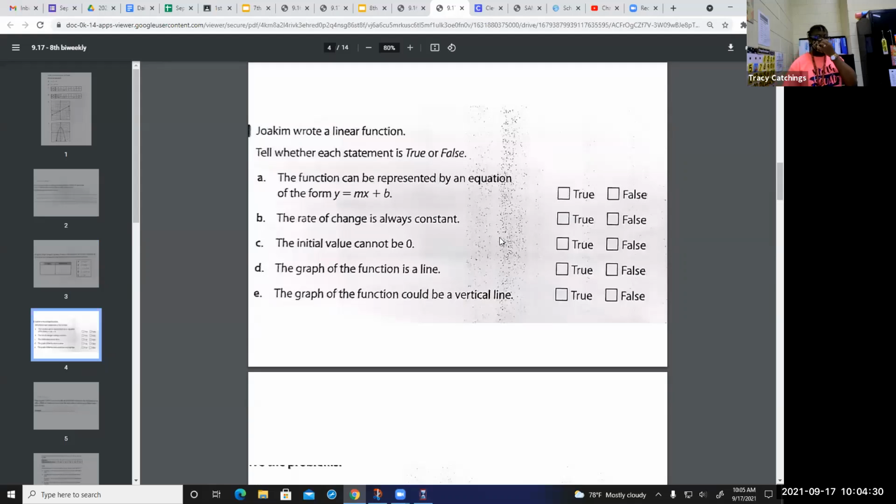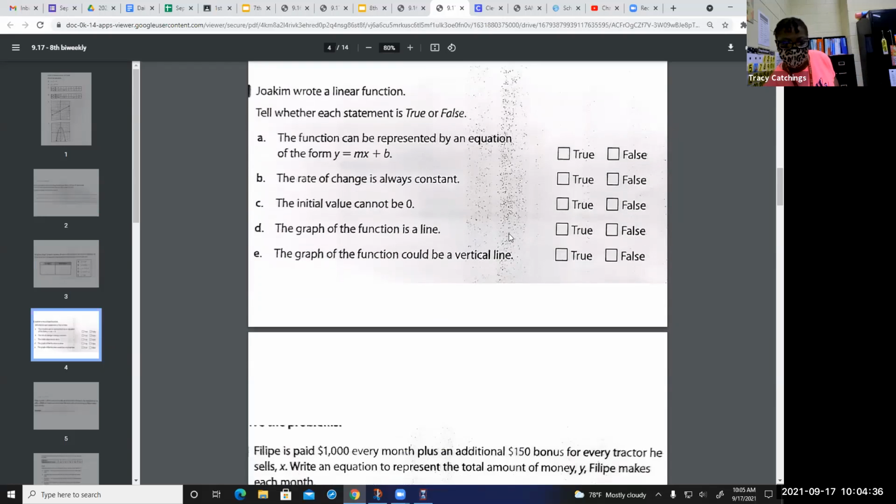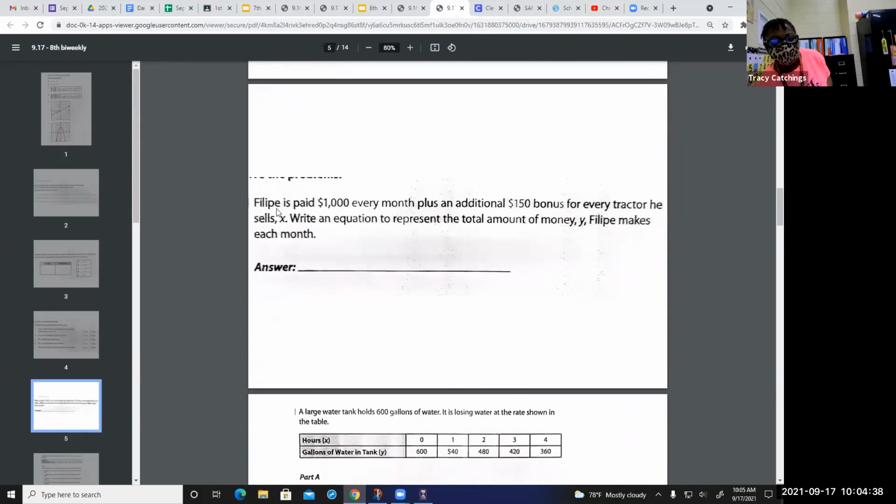Number four, you got some true false based on the information about the linear equation, y equals mx plus b. On number five, they're giving you a scenario and they want you to write the equation. Use those test taking strategies, circle those keywords if you need to. Put that formula on your paper to make sure you don't get the stuff in the wrong place, things like